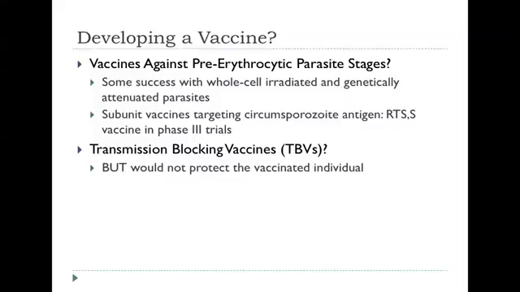These so-called transmission blocking vaccines are, ethically, a bit of an oddity because they're not actually helping the person you're vaccinating. That person's got malaria, still going to have malaria. But what they're doing is preventing that person from being able to spread malaria because the infectious forms, the gametocytes, are being destroyed. And so there's a lot of lively debate about whether those vaccines could be used, should be used, and so forth. But in the last few weeks, there's been a great deal of interest in these pre-erythrocytic